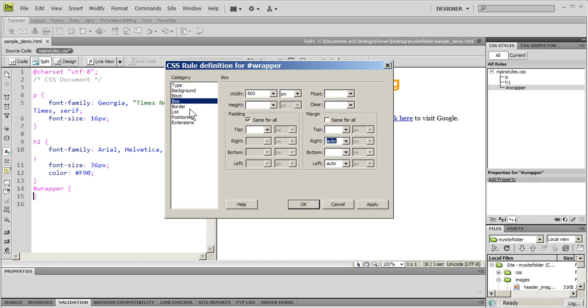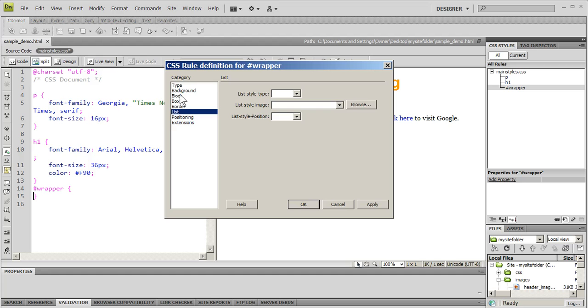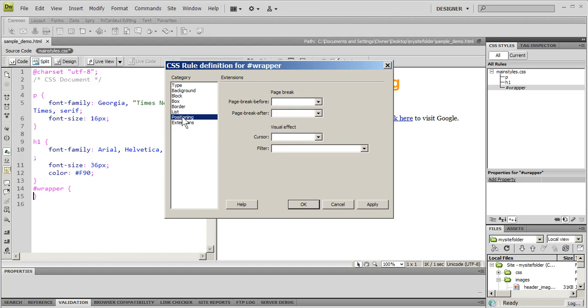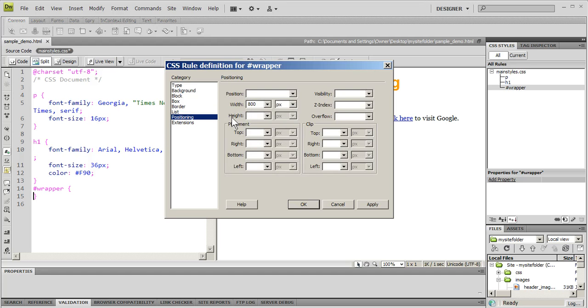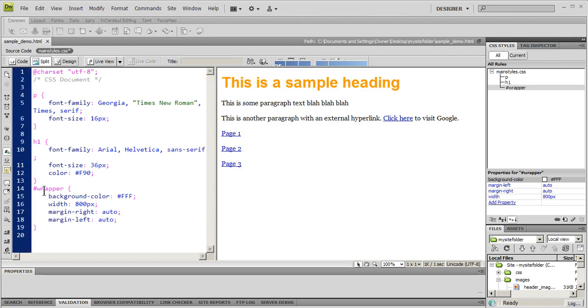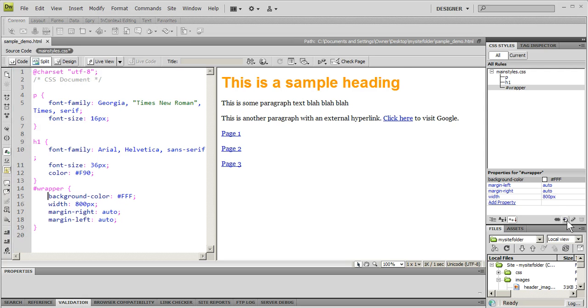Let's see, that should be fine. Positioning, that should be all good. I hit OK. I also need to define the body area. Now, what is that background going to be if it's not in the wrapper? So again, I can go back here,